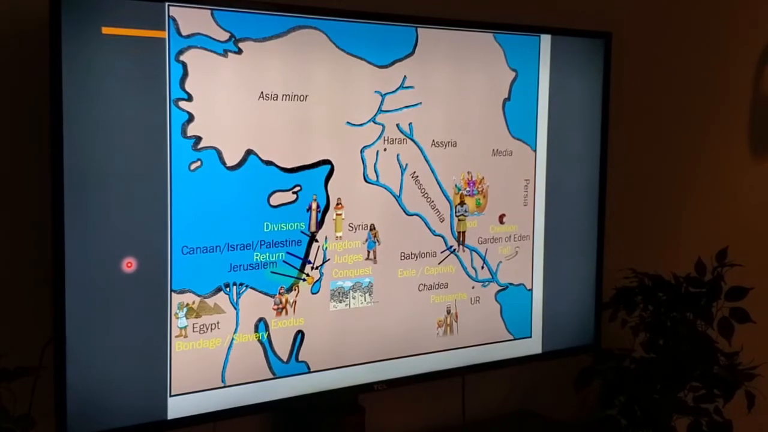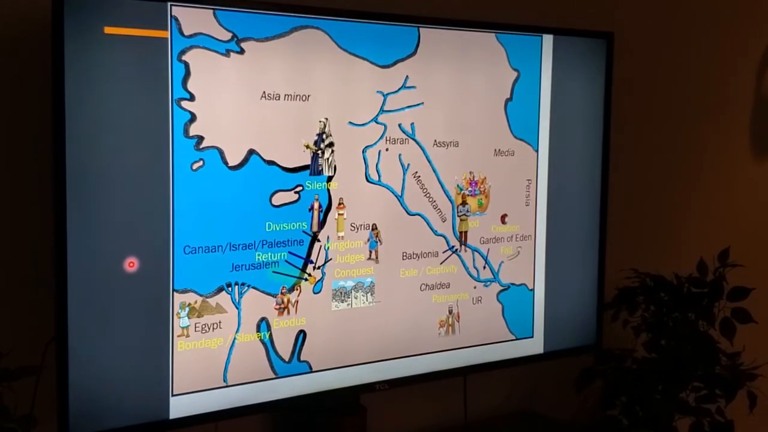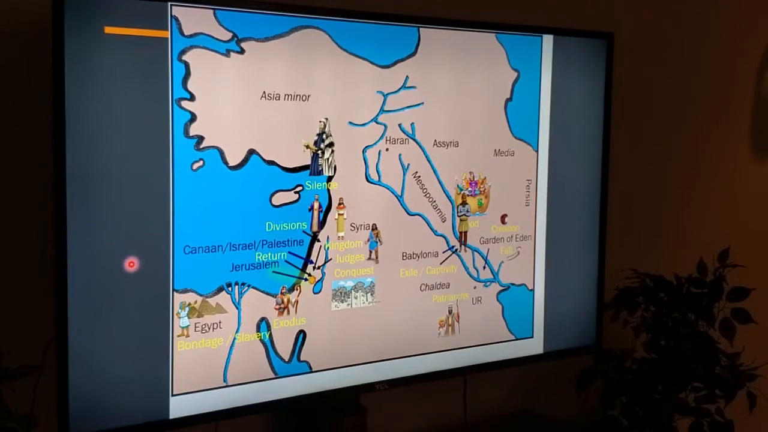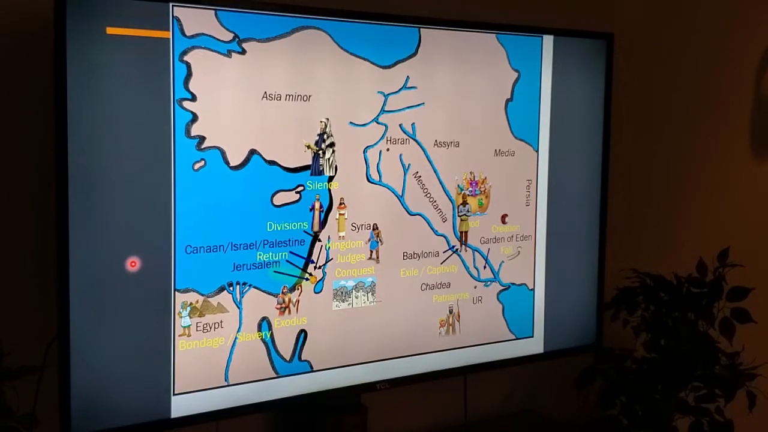So then after they return to Jerusalem, that's where we have what's called the silence. There's 400 years where God's not speaking through the prophets anymore. He's not doing any miracles or working through Israel at the time. And this is the time period that